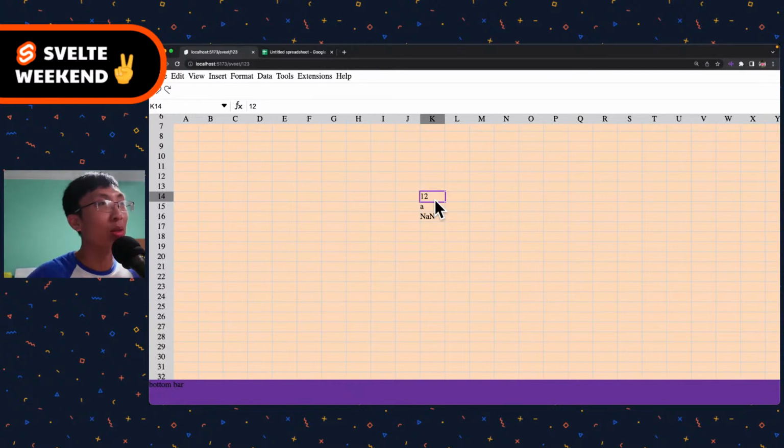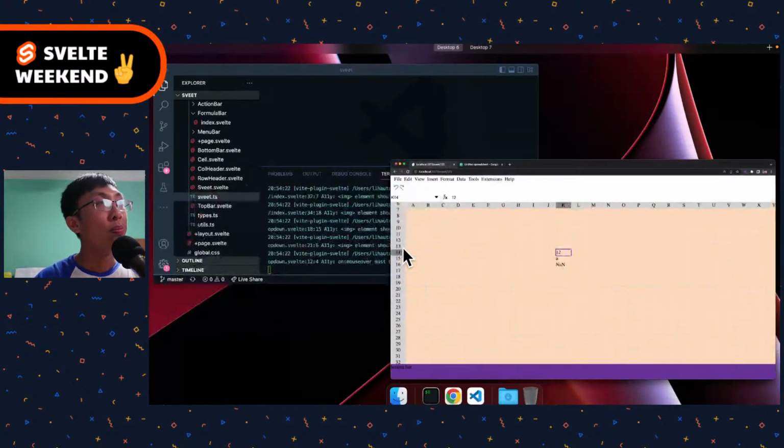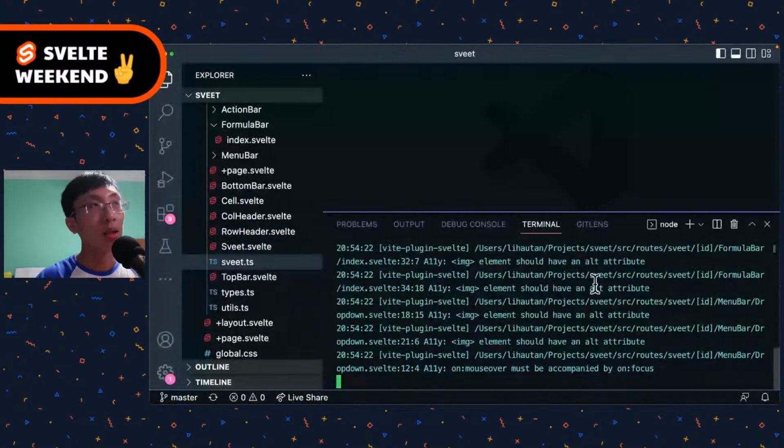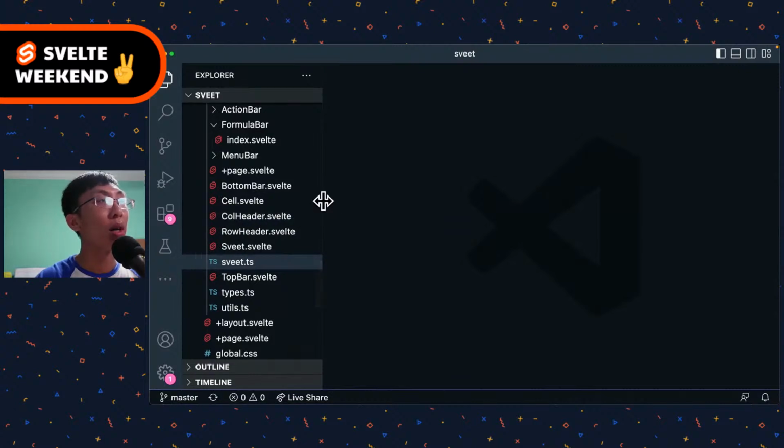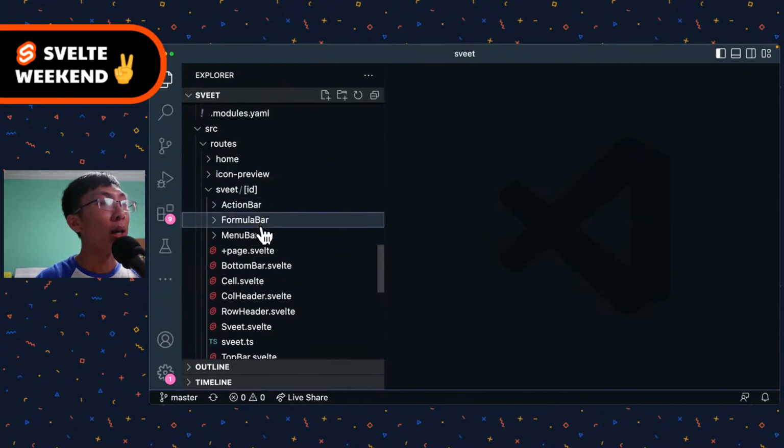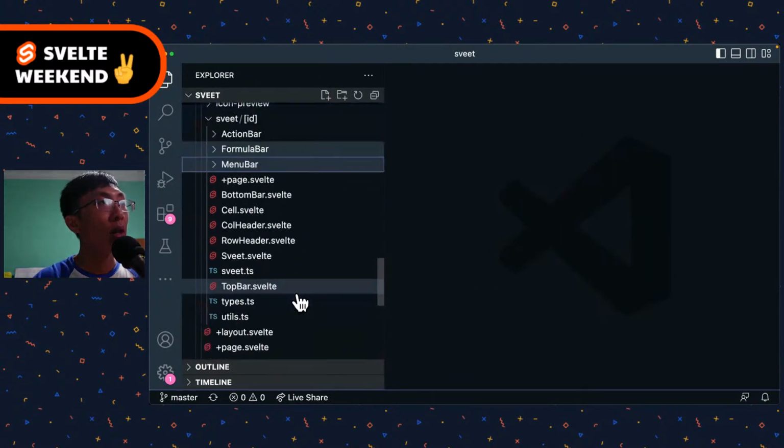It is really important to build a nice UX. So let's slowly polish things out, right? Let's see over here. This is the code that we have so far. We kind of structured this over